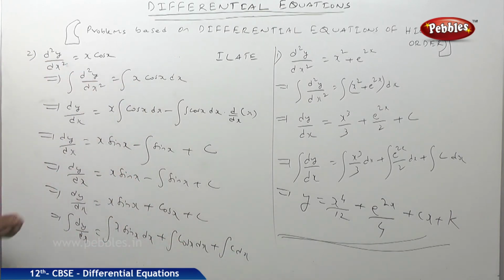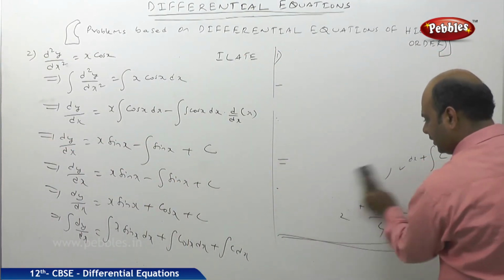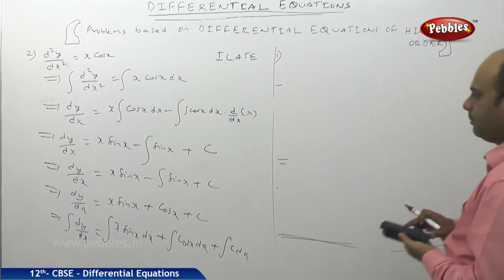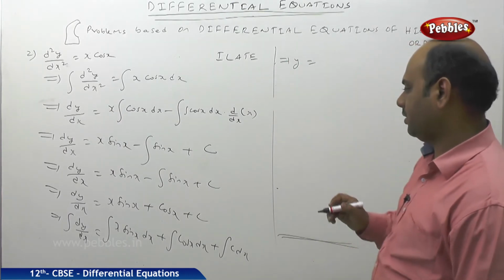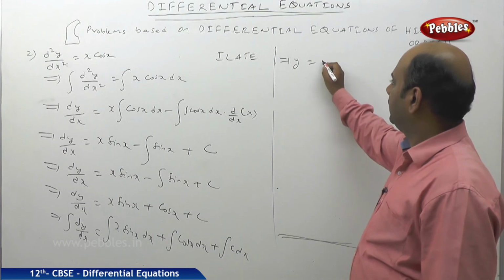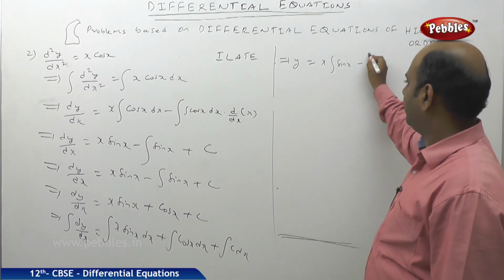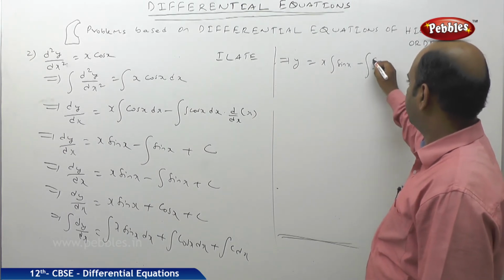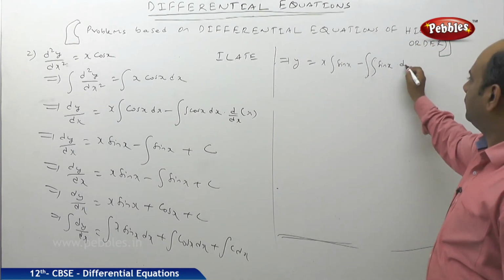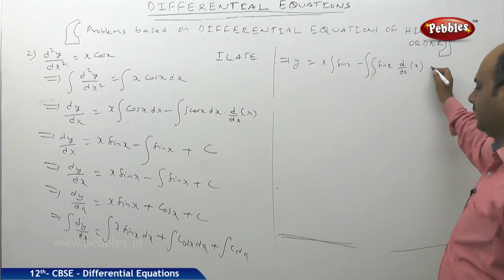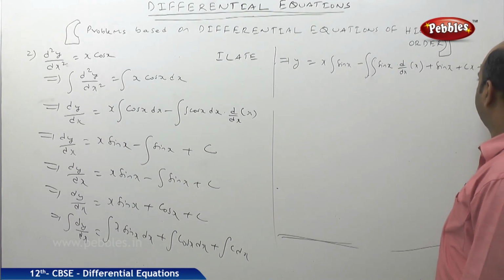Right? So I think you copied this problem. Now I will be doing that calculation continuation here. So what happens? Integral of dy by dx means what will we be getting? y is equal to, see here, 1 into integral of sin x minus integral of integral sin x. This is the integral symbol. Integral of integral sin x into d by dx of x plus integral of cos x means what is the result? sin x, and here cx plus k.